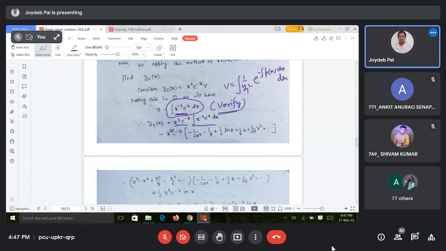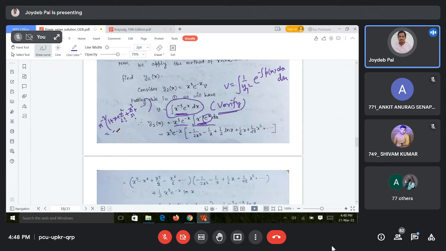मतलब ये integration is not possible. मतलब ऐसे यूजुअल वे में जो फॉर्मूला बेस्ड अगर करेंगे तो that integration is not possible. But as a series we can write some terms for it. मतलब ये x to the power -3 into e to the power x, इसको अगर सीरीज में e to the power x का सीरीज में मैं यहाँ पे लिख दूंगा तो कुछ टर्म्स मैं इसका लिख सकता हूँ. So x to the power -3 into, what is the series for e to the power x? 1, x, x square by factorial 2, x cube by factorial 3, and so on,